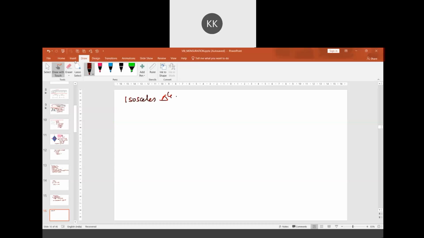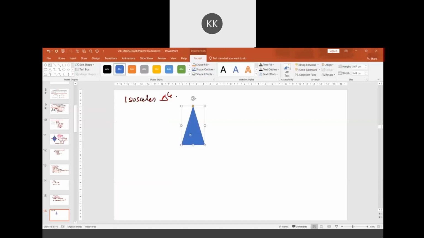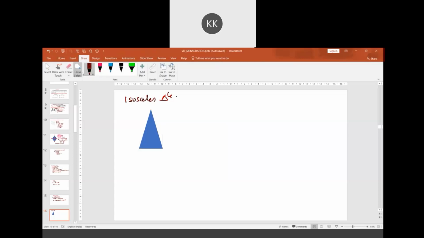Suppose if I consider an isosceles triangle, how to find the area? I am going to name this isosceles triangle with the letters A, B, C. We all know that in isosceles triangle, two sides will be equal to each other. Let these equal sides be a units and one more side be b units. So this information is known to us.